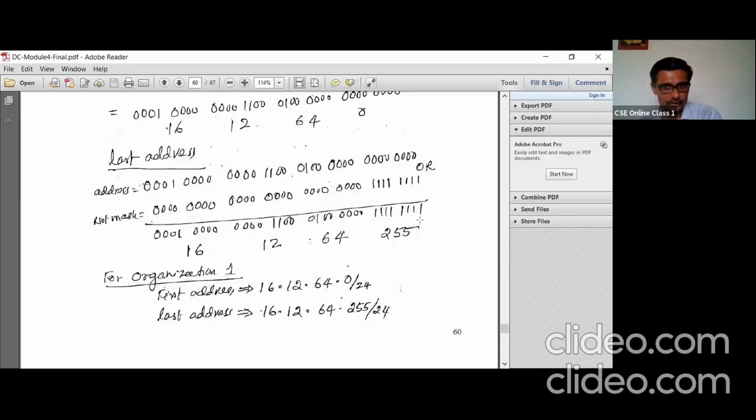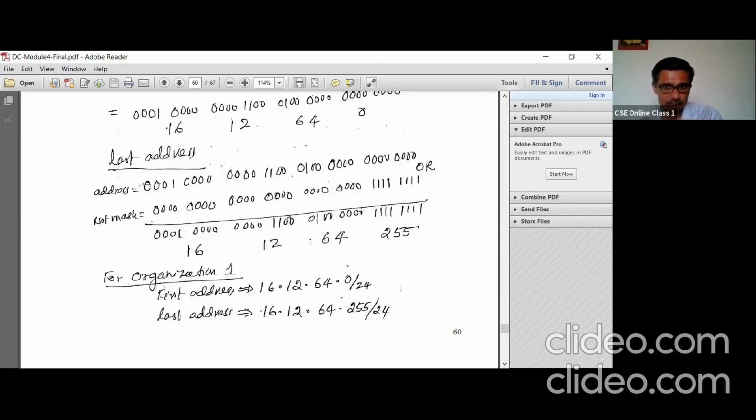When you add 1 to this, all these are zeros, and the carry goes to the next position, that is, to the 9th bit. So the byte becomes 0, 1, 0, 0, 0, 0, 0, 1, and all the bits of the least significant byte become 0.